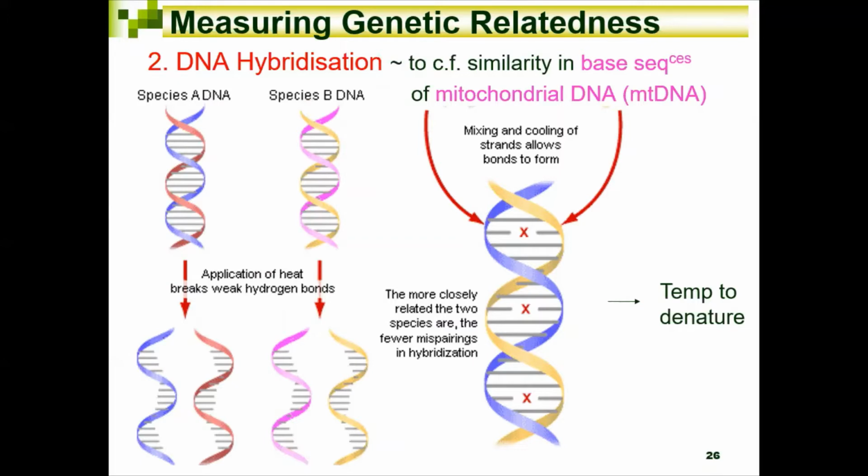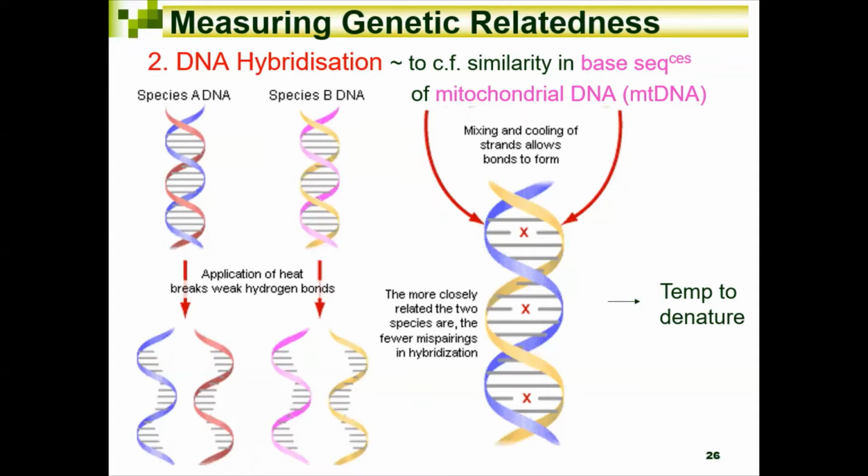So we mix the DNA of the two species and reduce the temperature, so that hydrogen bonds are allowed to form. Of course, when the bases are complementary, they can form hydrogen bonds. Whichever part is not complementary, like those red crosses, there will be no hydrogen bond formed. After this process, this piece of DNA will be subjected to denaturation by temperature. Based on the temperature required to denature, they will know how closely related these two strands of